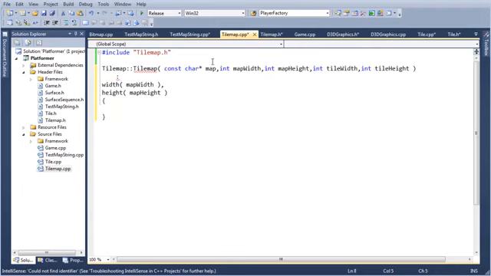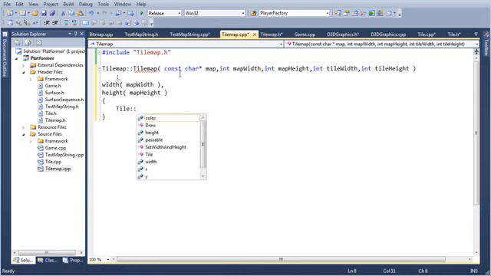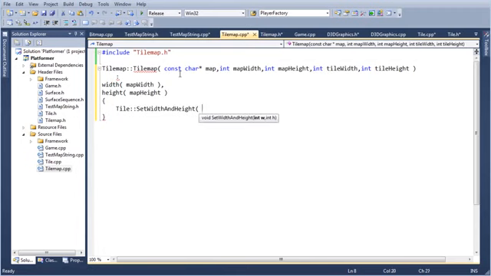So let's do that. Now, first thing we want to do, tile set width and height, tile width, tile height. Now I could actually put all these parameters inside the string so that you wouldn't have to load them separately. For example, if you're loading from a text file, you would have to specify the widths and the heights outside of the text file.